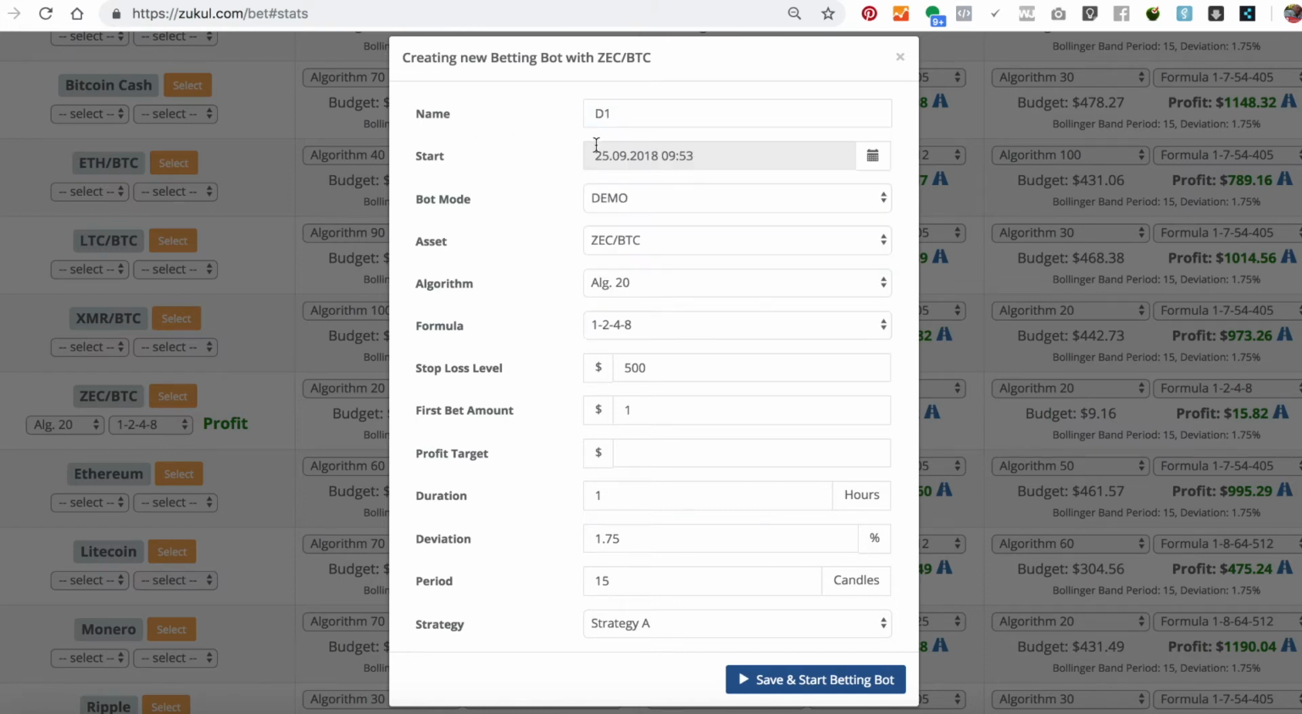The next thing here is when you'd like the bot to start. If you want it to start immediately, then you don't do anything. You just leave it as it is. But if you want it to start at some time in the future, then you'll click here. You'll get a calendar to come up. You choose the date. Once you've chosen the date, you'll then get another little pop-up asking you for a